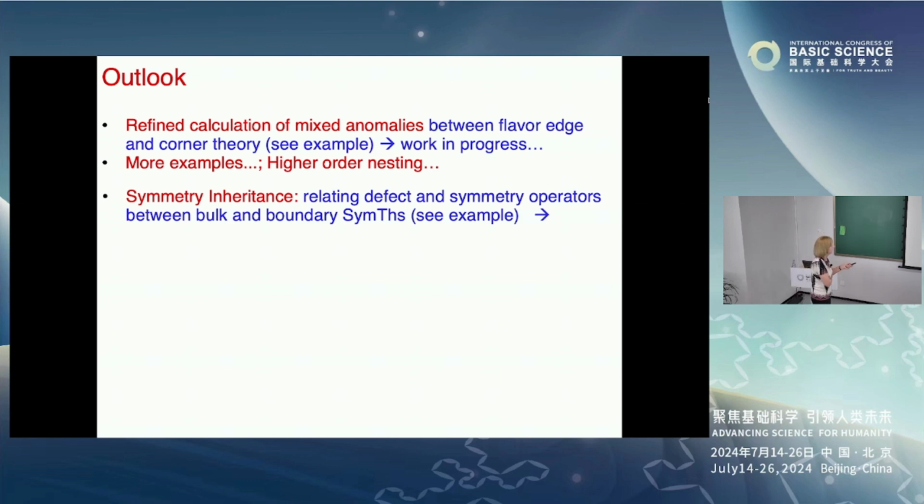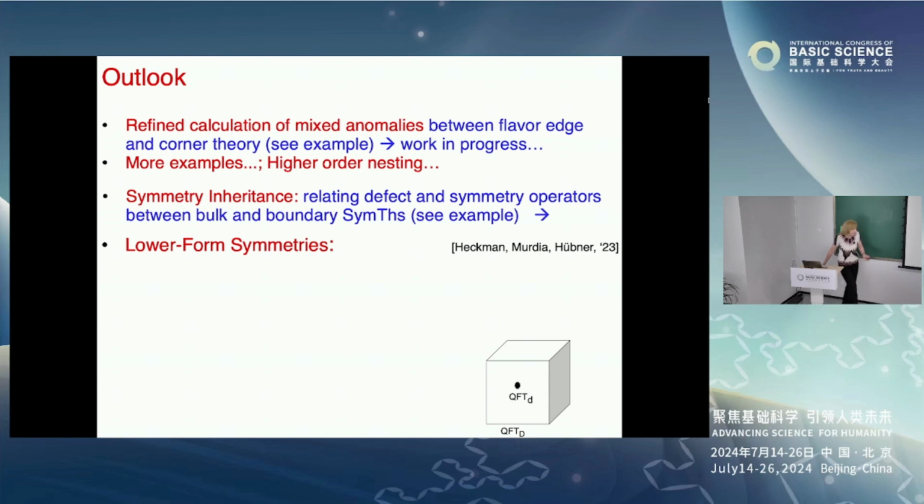And can we relate how these defects are related to each other between the bulk and boundary picture, and quantify this and understand it better in more examples. Okay. And that's one particular example that is somewhat intriguing, which is about lower form symmetries. I talked about higher form symmetries, one-form, two-group, and so on. Okay. So lower form symmetries